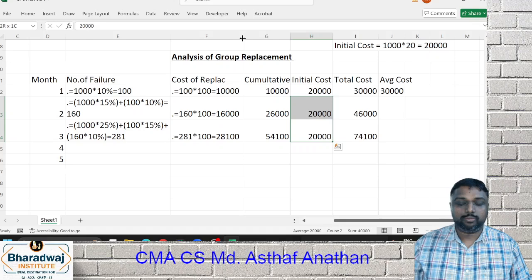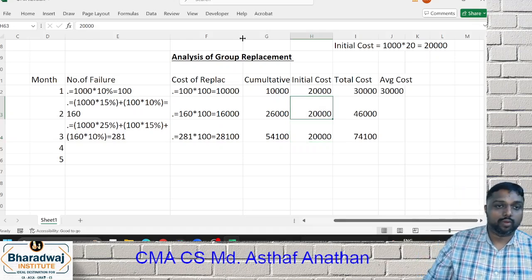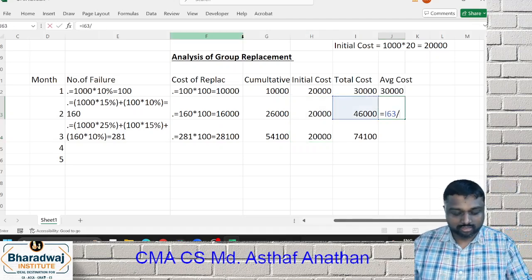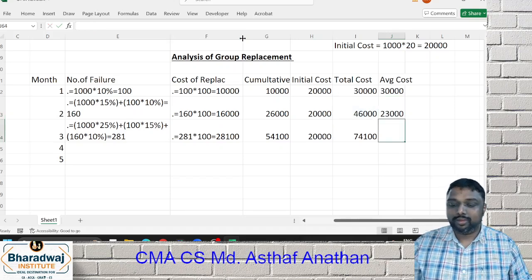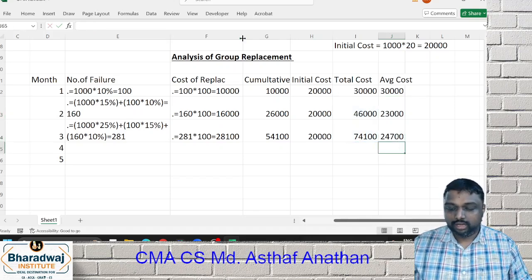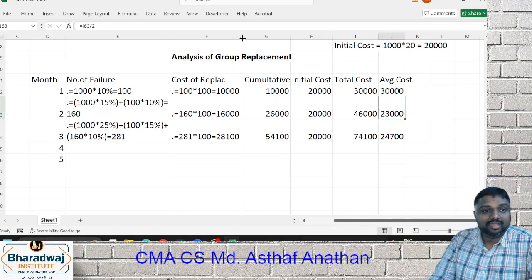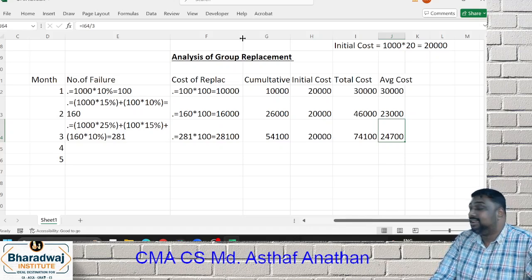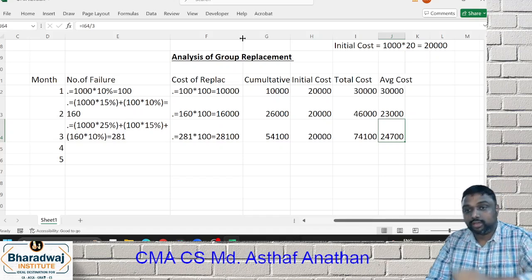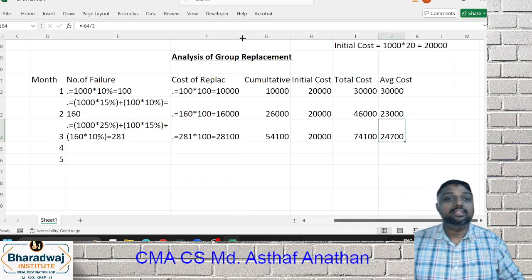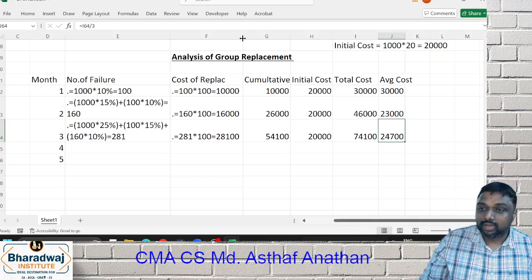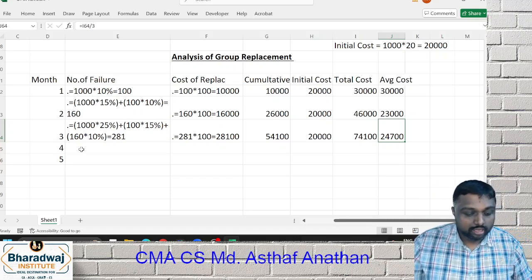Initial cost will not change, because you are changing at the end of the second month, one time every time cost. So average cost will get reduced. For 2 months, divide by 2. For 3 months, you have to divide by 3. Now look my dear friends, 50,000 comes down to what? 23,000. In the third month it started increasing. That means we learned a shortcut already. Once it starts increasing, it will keep on increasing. So you can stop your calculation. This is over. If you want, you can do it.